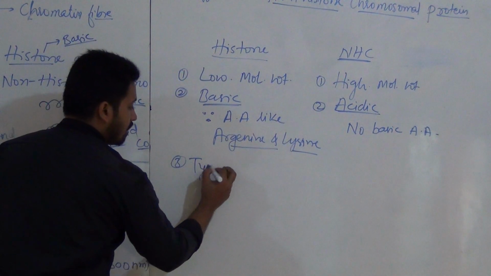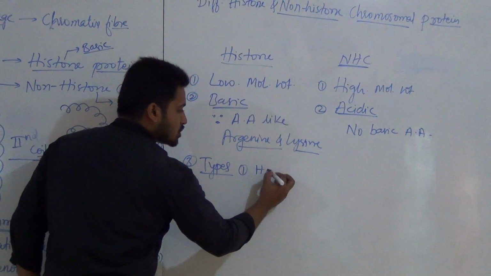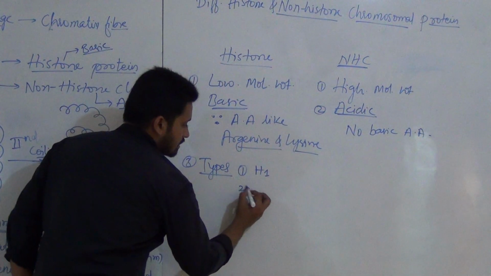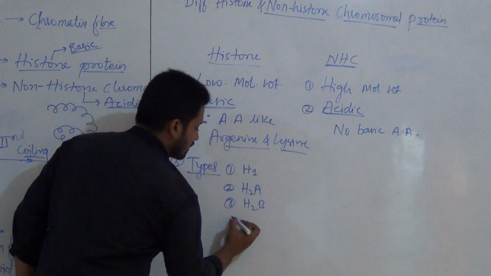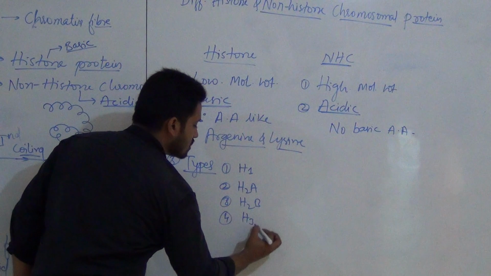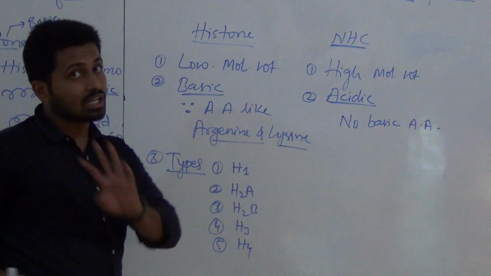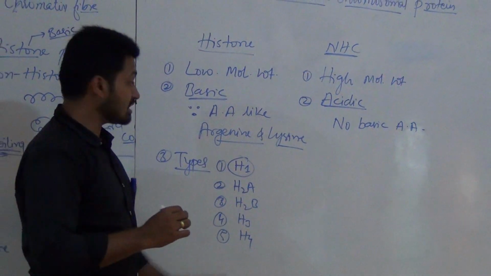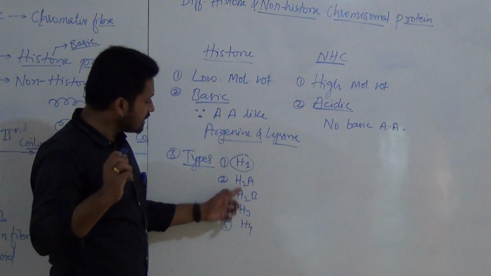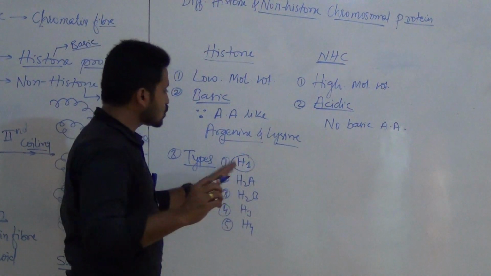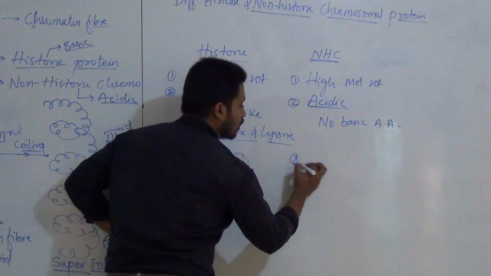Coming to third, types of histone. You studied already. First write H1, second write H2A, H2B, fourth write H3, and then H4. Each of them are 2 in number. This H1 is single in number, which is acting as a clamp holding these 8 balls, that is the 8 histone proteins. Okay, that is the total types of histone protein.